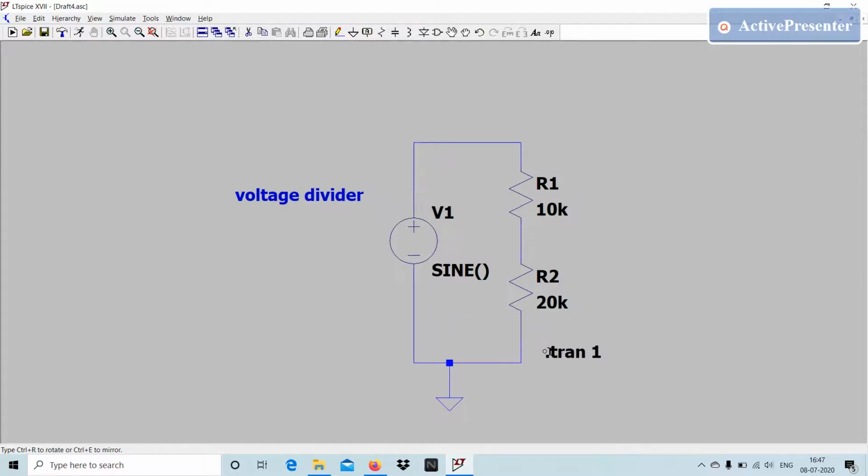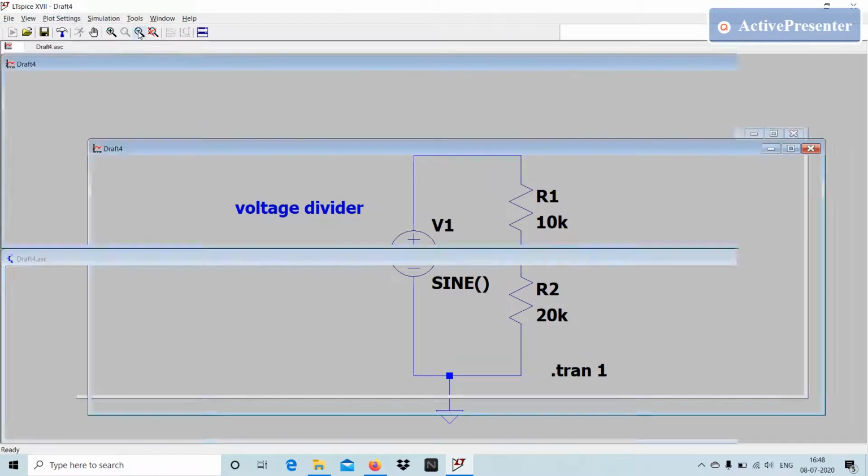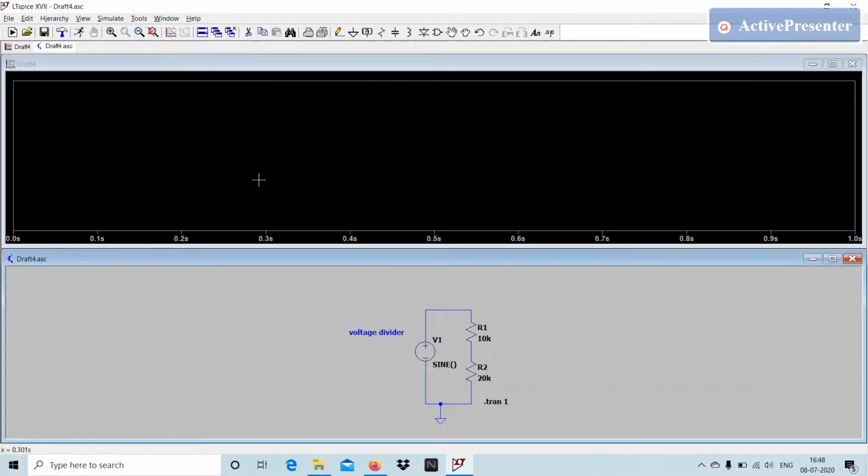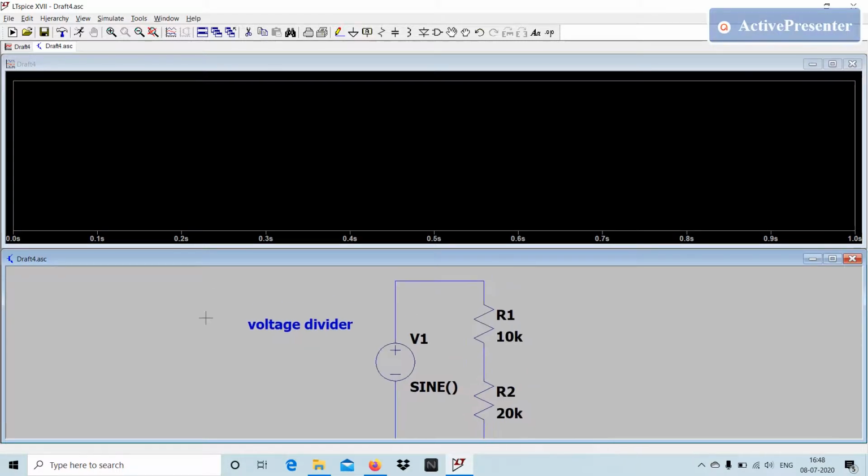So I'm just placing it here. I'm going to use transient analysis for the voltage divider circuit. Next, I'm going to simulate and run. If I click the run button, I'm getting a new window, that is the output window. So if I can enlarge the circuit.